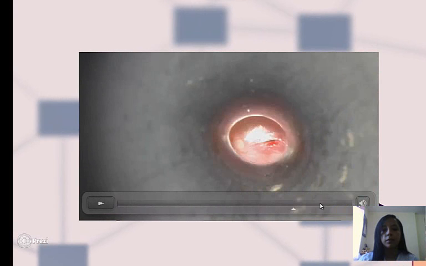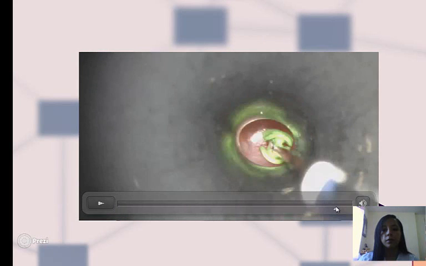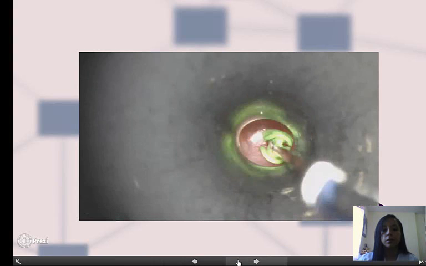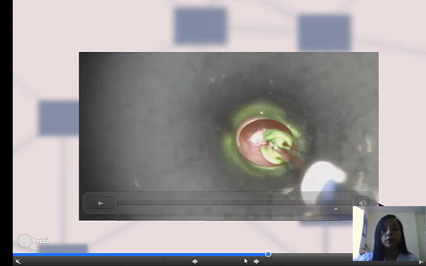The pictures that you are seeing right now are from his eardrum, where I have already performed a myringotomy. Through the myringotomy opening, I am suctioning the mucus collected in his middle ear. Once the middle ear is suctioned clear of this mucoid material,